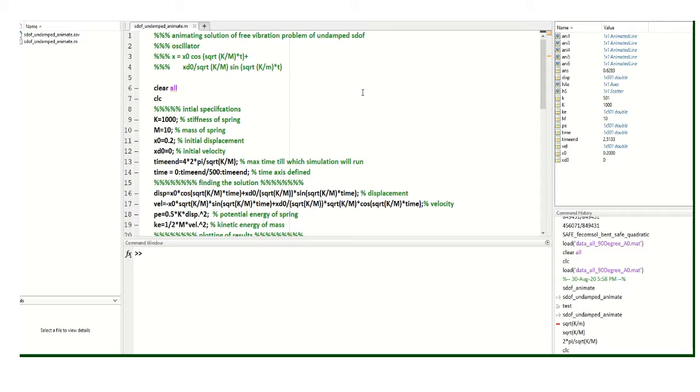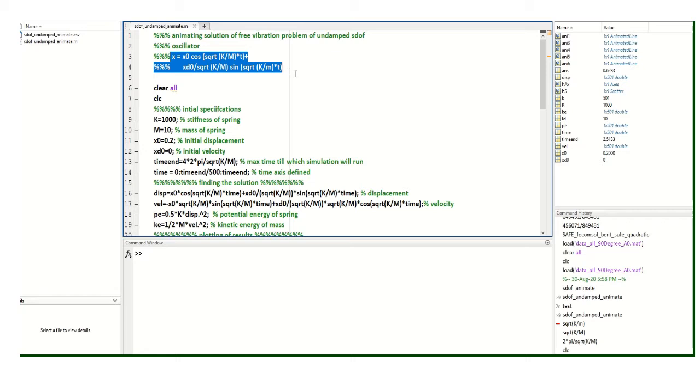Now in this particular lecture I want to show you how exactly that solution looks, and we'll try to take out certain inferences from the solution that we see. Okay, so let's start with the class today. As I told you, I'll be showing you the simulation of it, and I have written over here the solution that we have obtained in the last class.